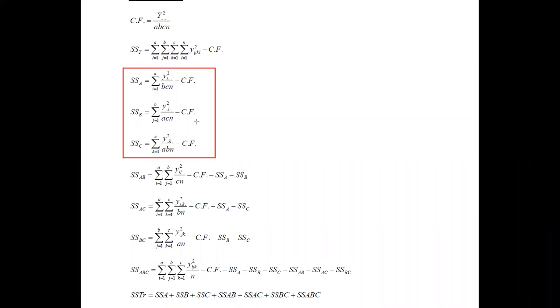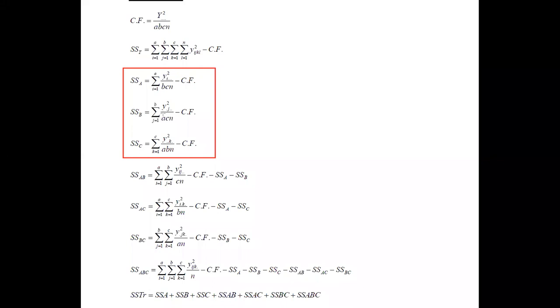Now you can pay attention to calculating the SS values for A, B, and C. To get this, considering the number of levels, the total under factor A has to be taken and its square term has to be divided by B times C times N. Here we are using the values other than the value A, since we are identifying it for factor A, and then subtract the correction factor to get the value.